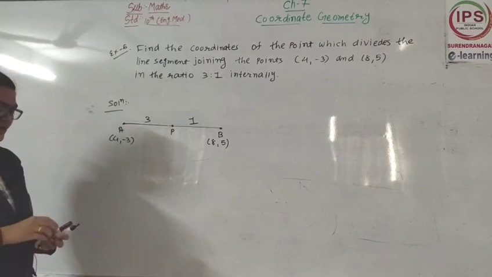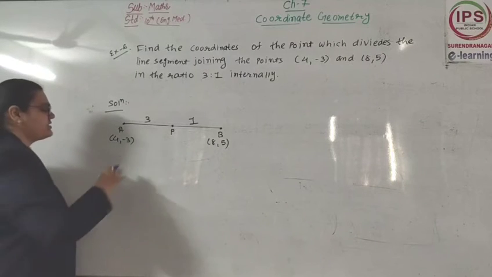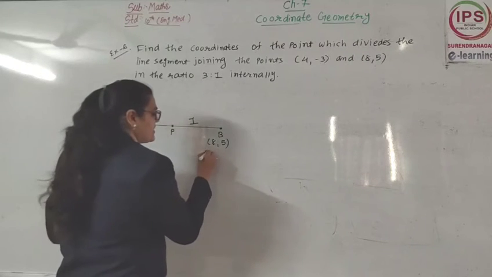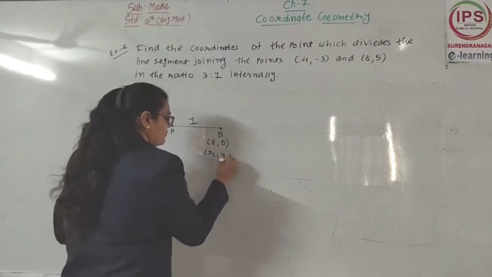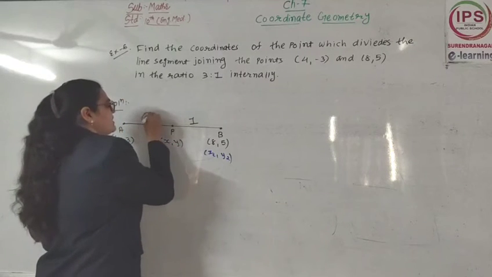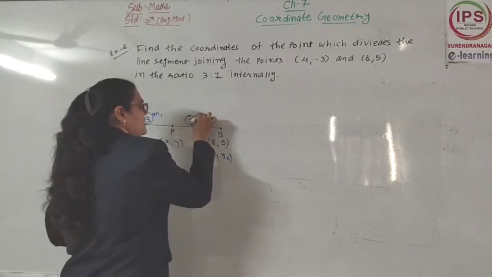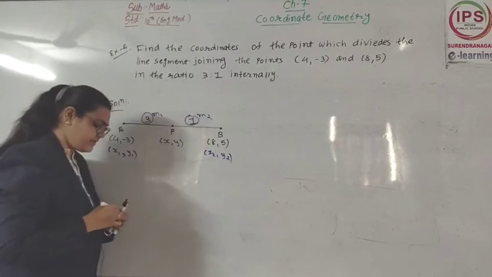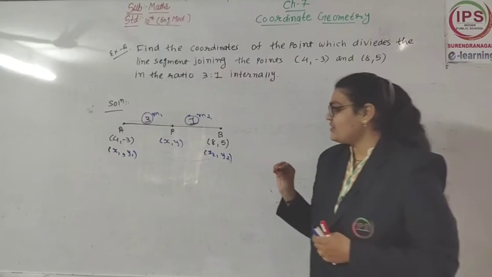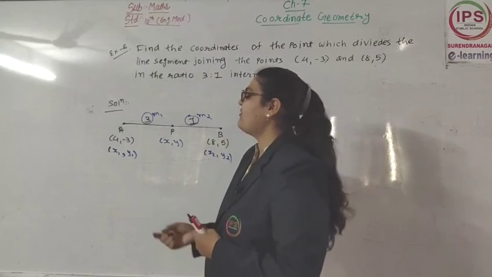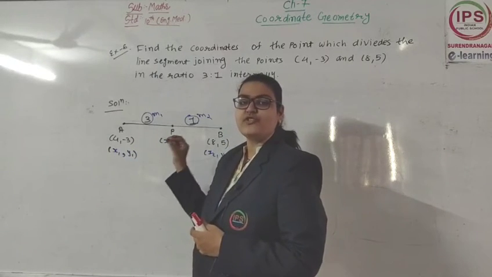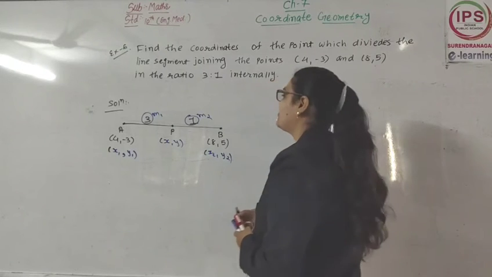Now as per our general form, what is this? x1, y1. What is this? x2, y2. Coordinates of P, x, y. This 3 is m1, this 1 is m2. Now first of all we are going to write the formula. In the examination, first of all you also have to write this thing. Write the general forms of all the points, all the ratios and all the things, so you can solve this question easily.